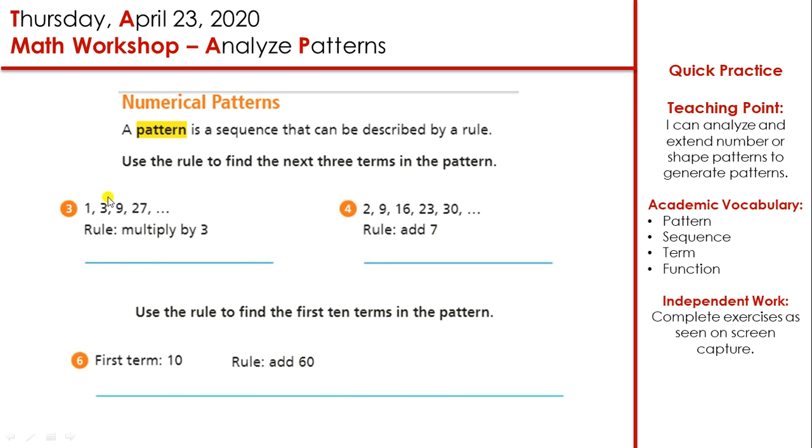So if we take a look at the first one, the number 3, what do we get right here? We begin at number 1, so the rule would be multiplied by 3. So if I do so, I will get 3 times 1, that is equal to 3. Then 3 times 3, that would be equal to 9. And then we have 3 times 9, that is equal to 27. That way we can continue infinitely